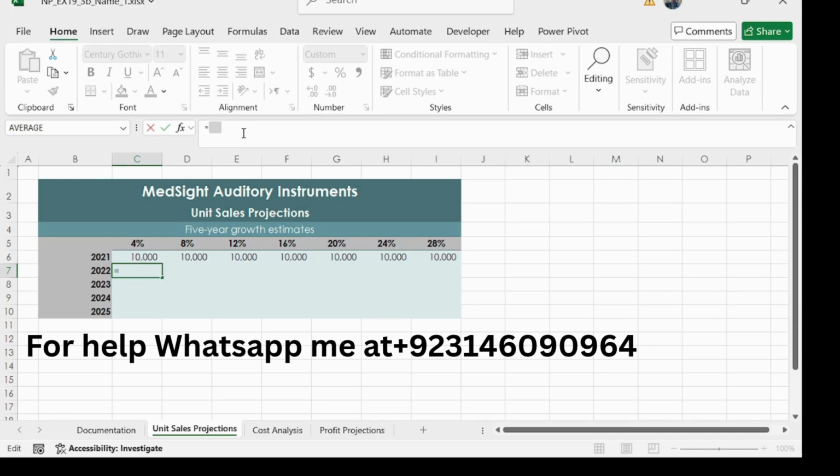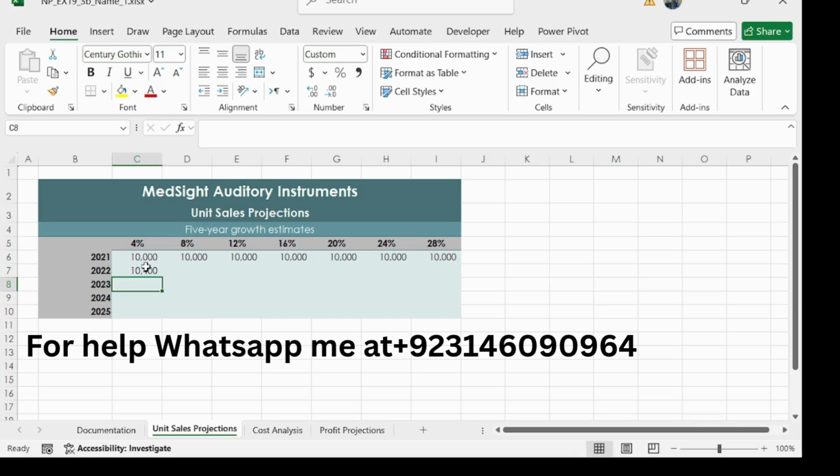So type equal to and open the bracket and select cell C6 multiply by C5, close the bracket and plus C6, and then use an absolute reference to row 5 in the reference cell C5, with a dollar sign for absolute reference, and then press enter.